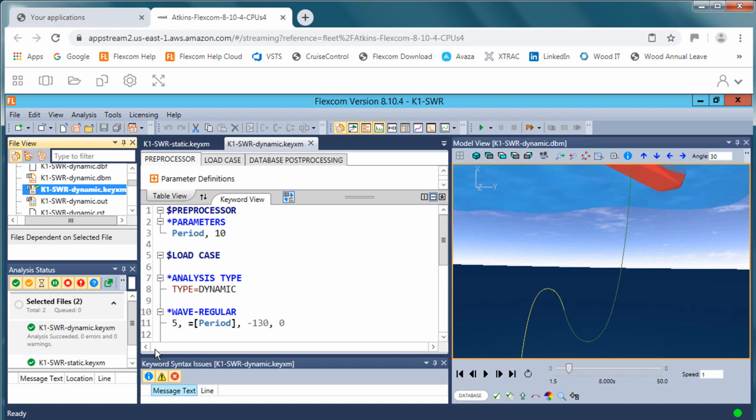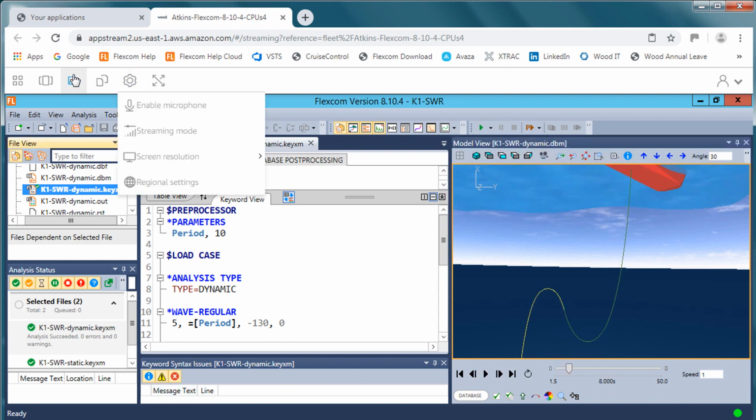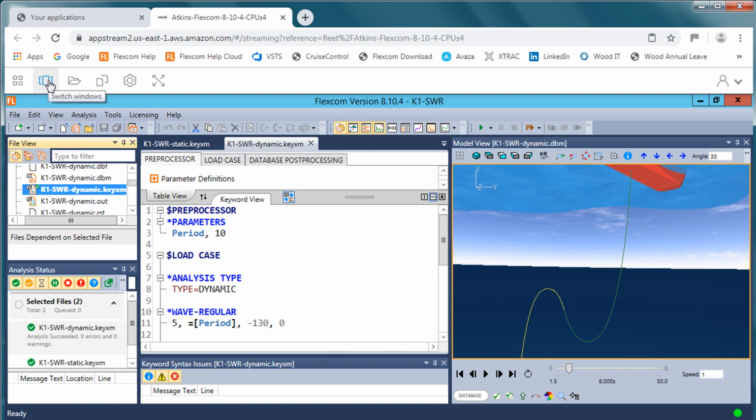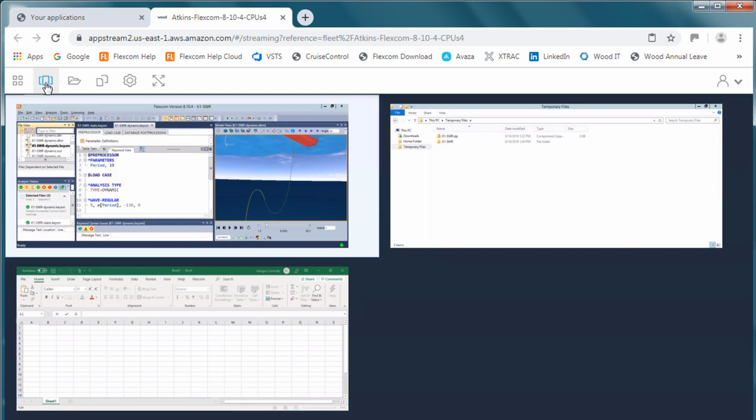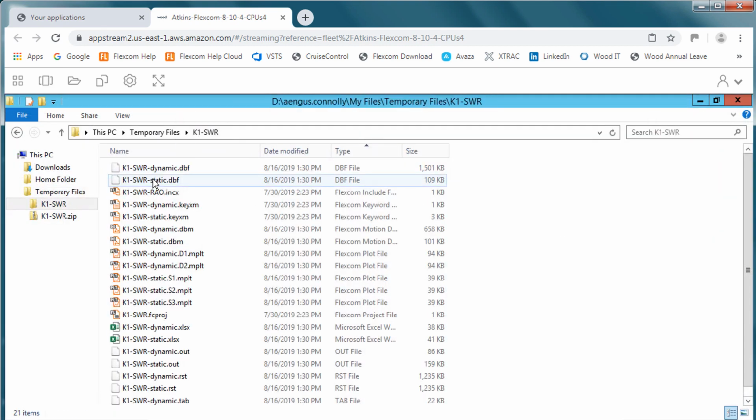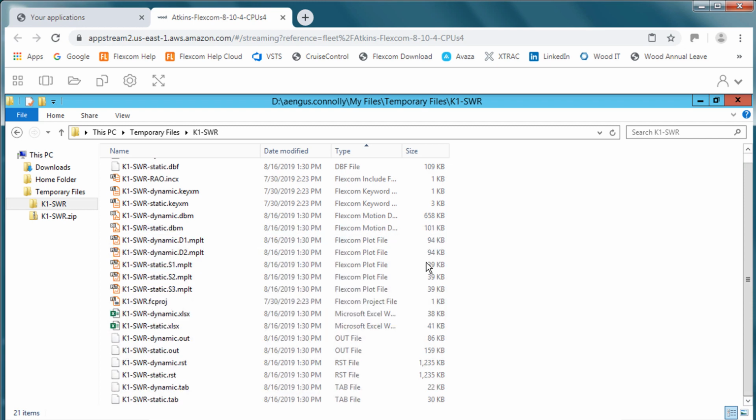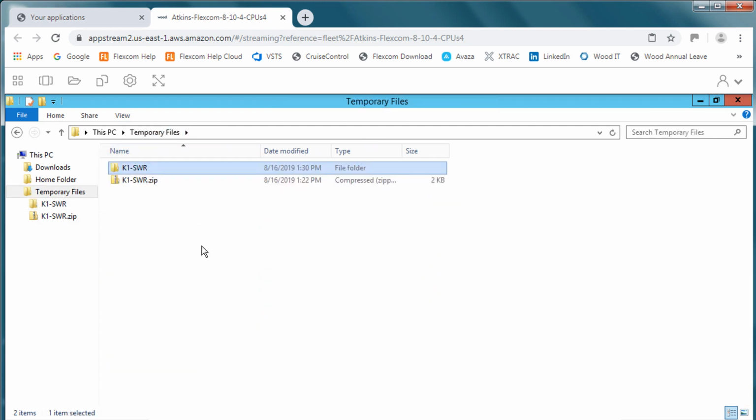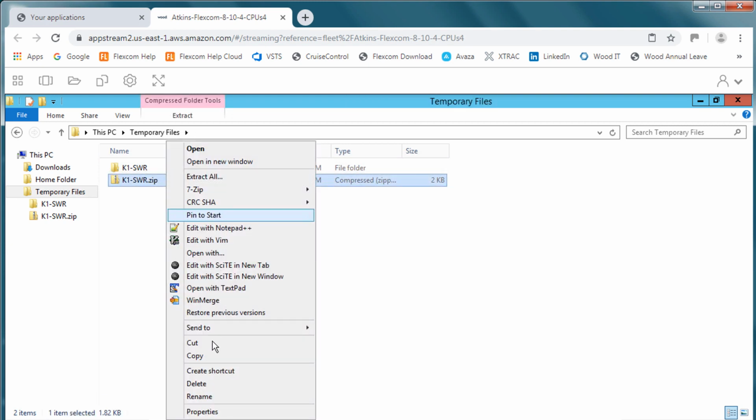Obviously I have lots of runs, but now I need to store my data before I log out of my cloud session. So at this point I'm going to go to my Solution Explorer again, which I already have open. Now if I go into my temporary files, I'll see that I have quite a lot more information here now. I have output files as well as input files. So what I'd like to do is I'll just delete this original zip file,